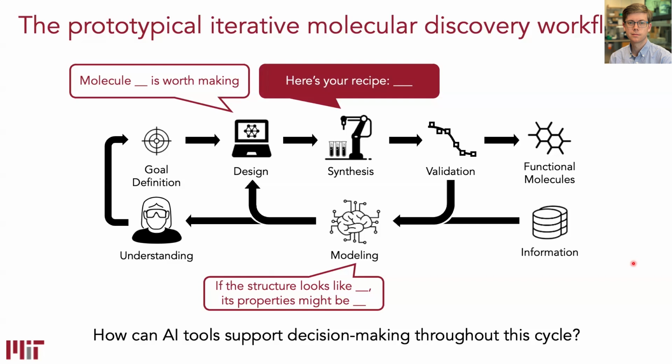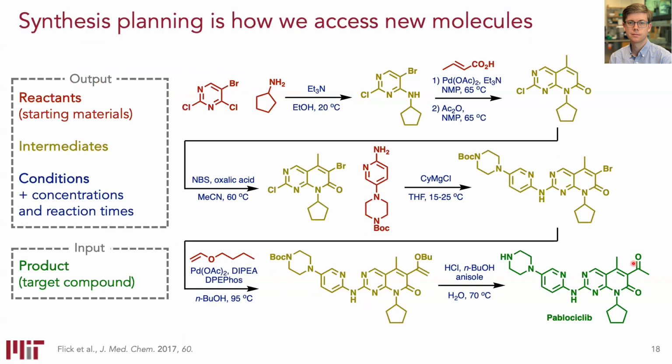So synthesis is an obstacle to accessing molecules in the physical world. It can be really hard for some structures, easy for others. Synthesis planning is the process of taking a target molecule that we would like to make and identifying some plausible series of reaction steps that can access it. So given this target molecule in the bottom right, I might want to devise a recipe that tells me, here are the building blocks to purchase, the ingredients, here are the conditions to use for the reactions, and you will build up this complexity bit by bit. And this turns out to be a linear pathway to access this final structure.